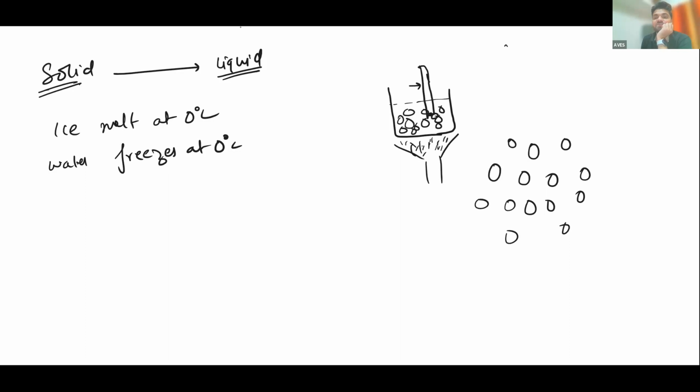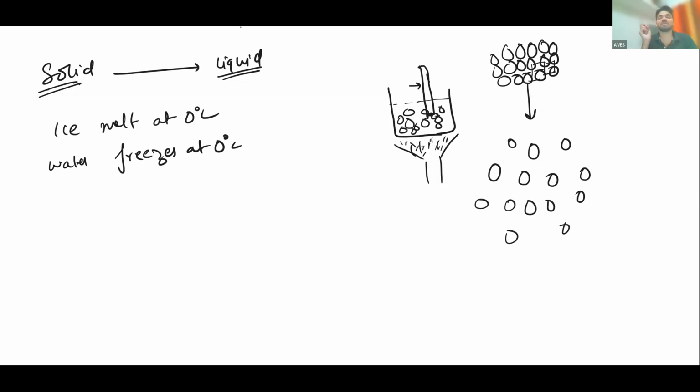For example, these are solid particles. They are tightly packed together, and you want these solid particles to move freely, this way. They are tightly bonded together, having a force of attraction between them. They attract each other, so if you want to move them freely, you have to break their force of attraction. We need to decrease the force of attraction, and for that we need to apply heat, and that heat energy is going in overcoming the force of attraction.